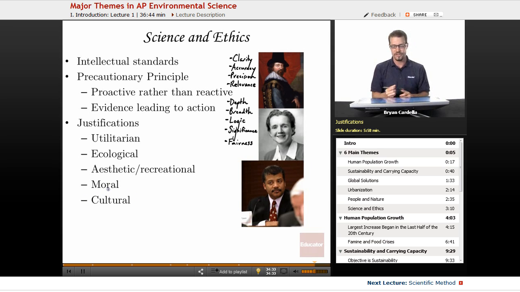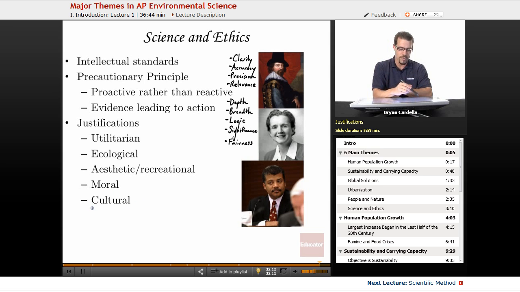And then cultural justifications. When we think about the reasons why our culture wants to save this wetland or save this marsh or not make a dam here, we may have a certain culture in terms of how we approach the environment, and that's how we do it. But other cultures around the world, though we may have similar values, culturally, they may not see eye to eye with us about why we need to save this river or why we need to not use this chemical. So relaying that information and explaining the rationale, I think, is important to inform people.